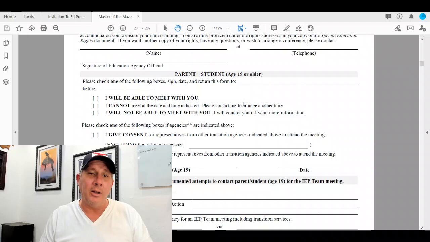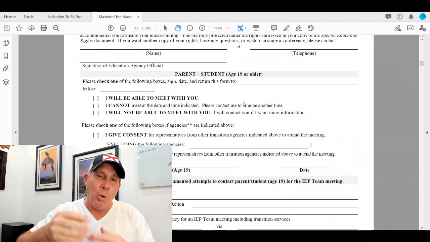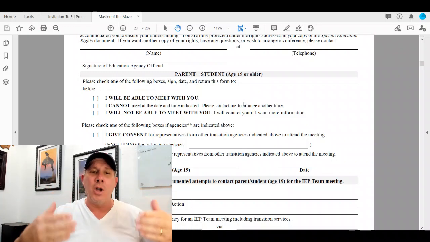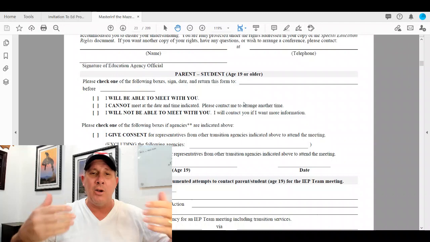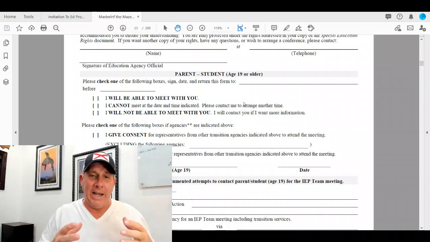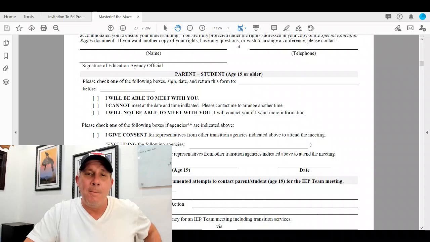And these are the realities that so many times people that work within this system of education, including myself, are not cognizant of. We don't remind ourselves that we're putting immense pressure on families financially when we're scheduling these meetings. So please keep that in mind.